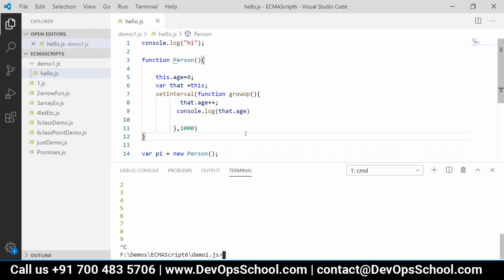If it is a simple function, function f1, this belongs to that function itself. Now that function, if it is associated with the window, this points to the window. So reference of this, where it is referring to, it changes according to the context.